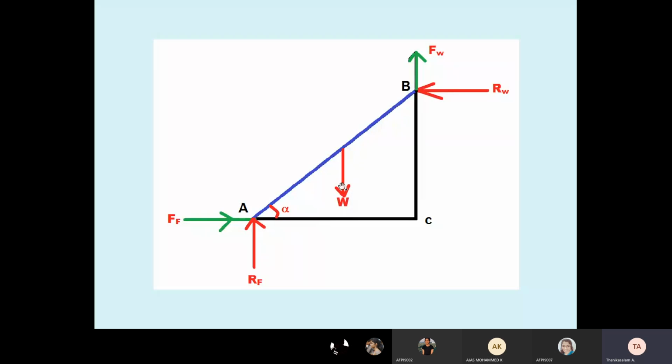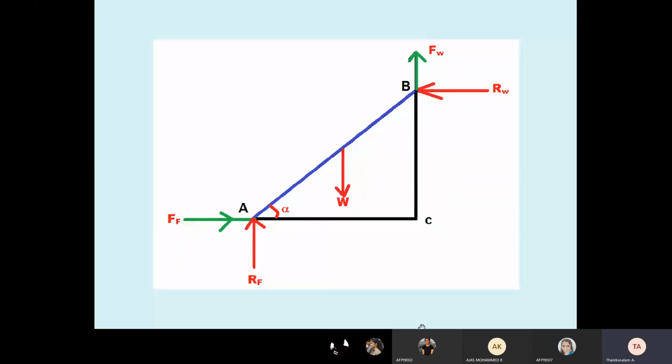Why is weight downward? As per Newton, what goes up will fall down, due to gravity. So all weights go vertically downward to the earth. Therefore, W is vertically downward, acting at the middle of the ladder. Why RF here? Because the ladder is touching the floor. The floor gives a reaction, and the reaction is always opposite, so RF is upward. When you are standing, the ladder may go to the left side, so there is friction in the opposite direction, the right side, FF. This is the free body diagram without a man.